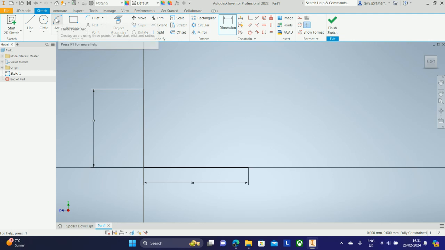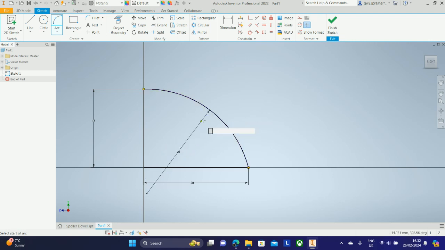So I'm going to click the arc tool and I'm going to click the top of my 15 and the right hand side of my 20, and you can see that it started giving me an arc. Now I'm not going to click just yet. Instead, where the box is highlighted where it says 19.087, I'm going to make that 20. So I'm going to type in 20 and then press enter on my keyboard,